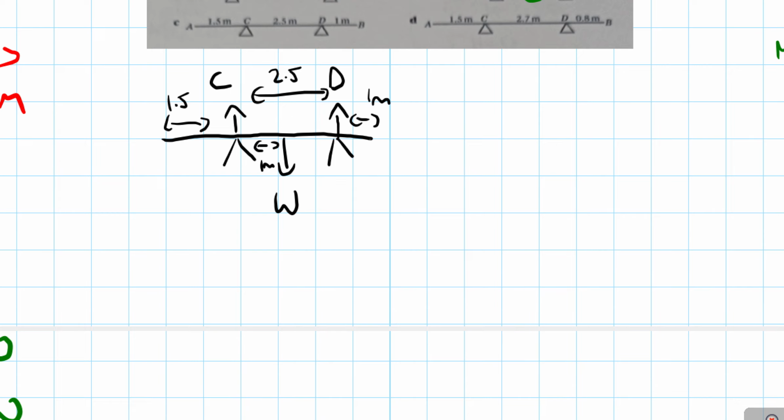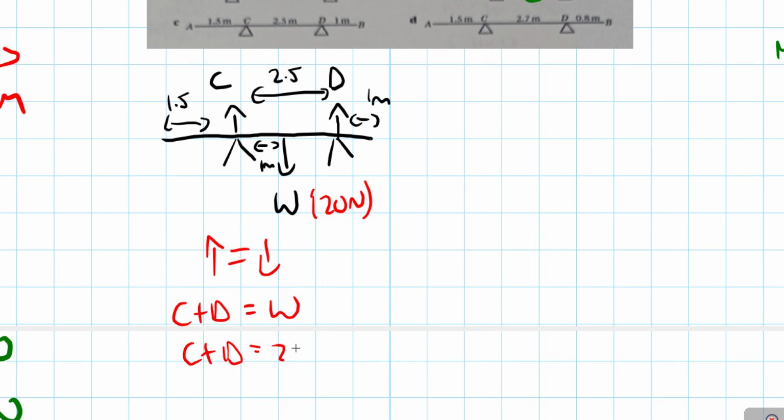So in this case, we'll stick with the same one that we got. So up equals down, so C plus D is equal to the weight. Again, the weight is always going to be 20 newtons, so C plus D is equal to 20, and then